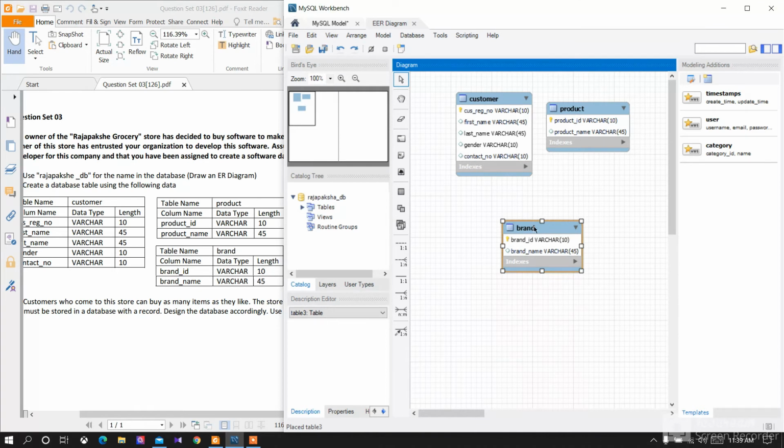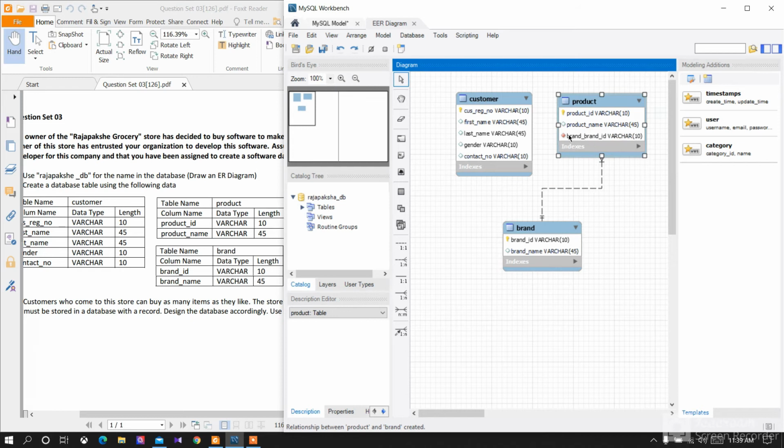So now I'm going to create the relationship between brand and product. It's a one-to-many relationship. There will be many products in the same brand, so the product has a brand, but many products will have the same brand,